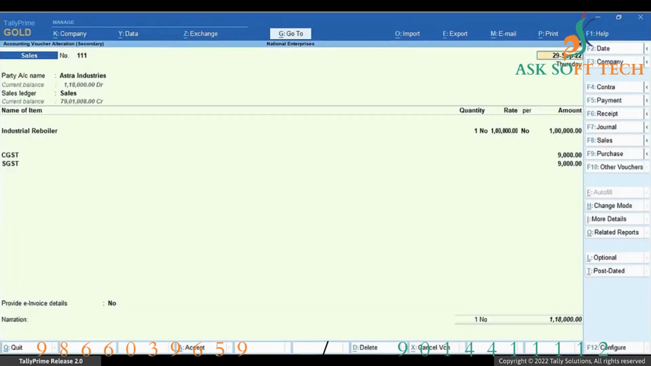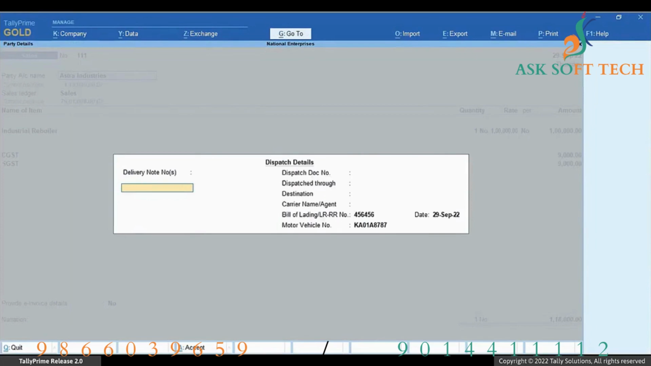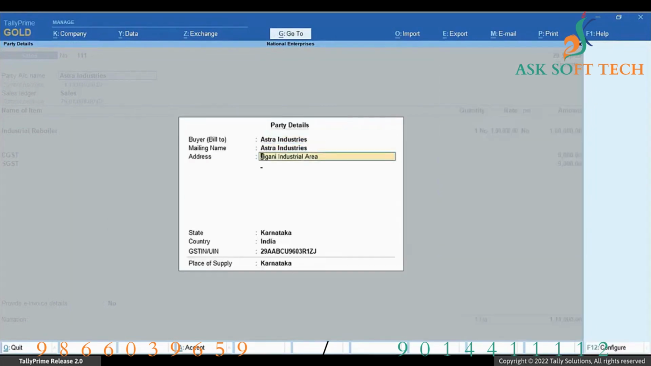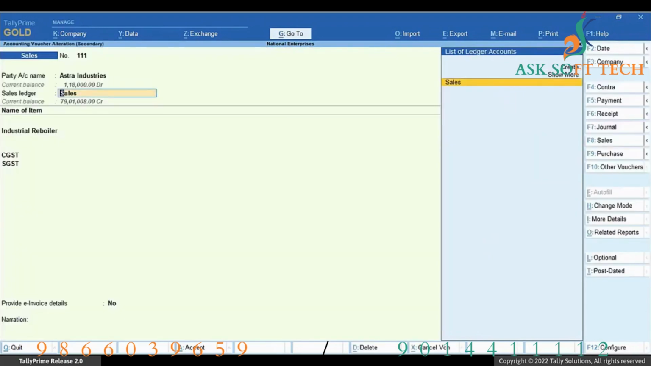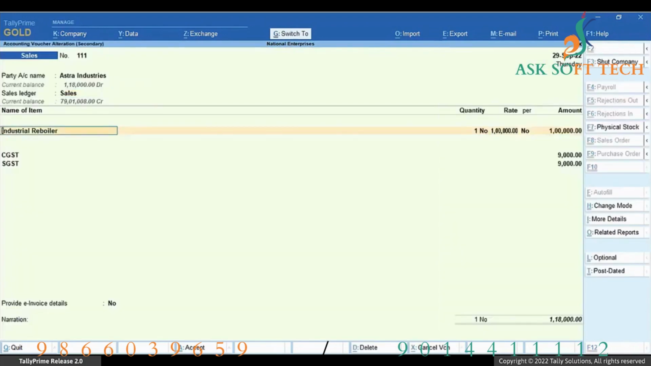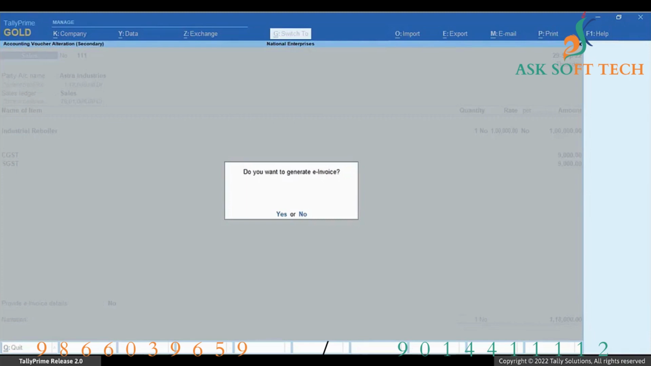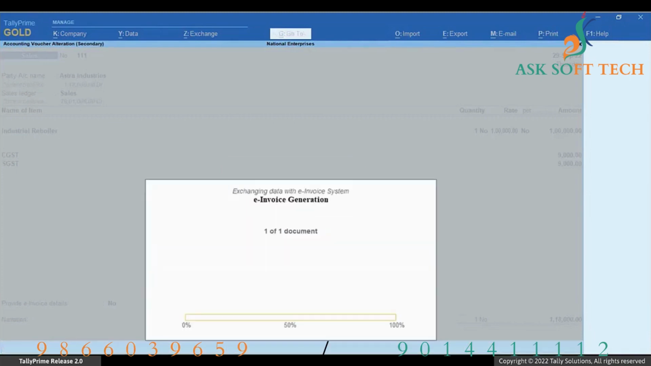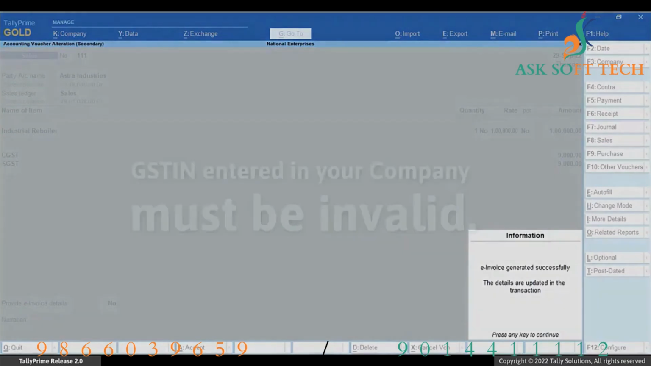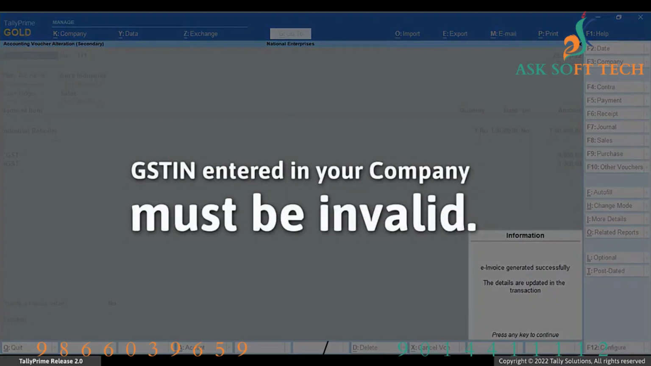Open the transactions with invalid GSTIN, UIN. Check if the GSTIN, UIN is updated. If not, enter the correct GSTIN, UIN and press Ctrl A to save it. Press Y to generate e-invoice. The e-invoice gets generated. However, if the party GSTIN is valid, then the GSTIN UIN entered in the company must